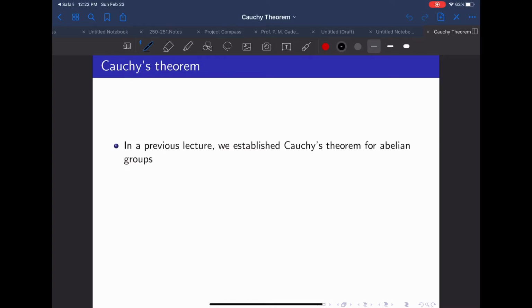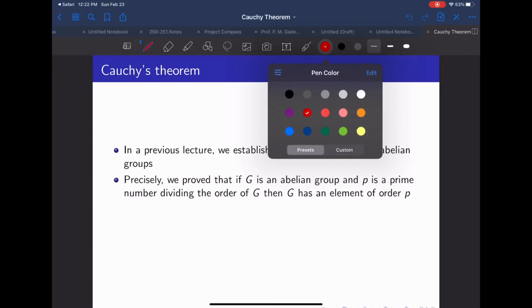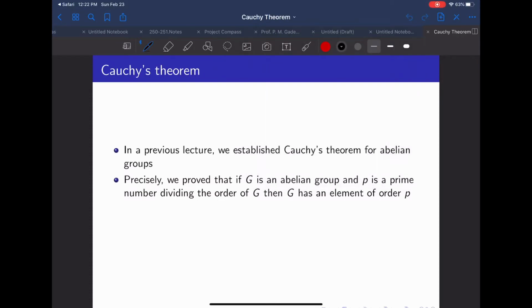Alright, so in this video we will present a proof of Cauchy's theorem. Now remember that in a previous lecture we have actually already established Cauchy's theorem for abelian groups. Precisely, we proved that if G is an abelian group and if p is a prime number which divides the order of G, then G necessarily has an element of order p. So in other words, to again explain what is being said here, we have shown that if p is prime,